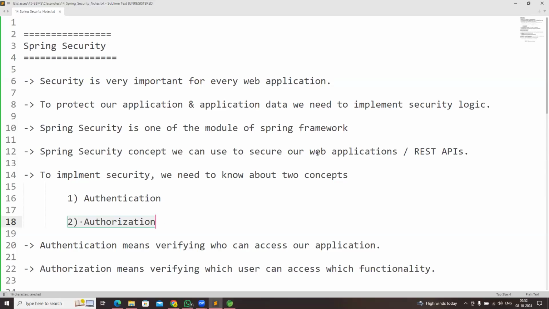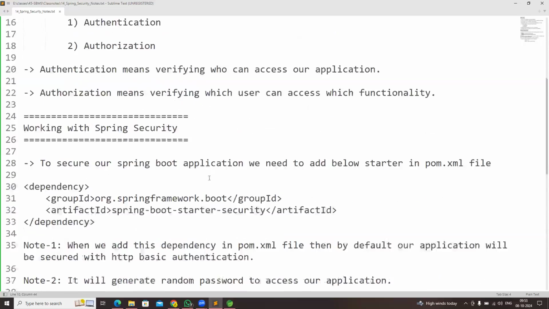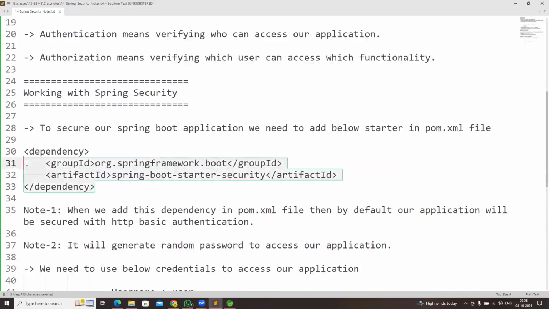So this can be used for both web applications as well as for REST APIs also. This Spring Security is one of the most famous modules available in the Spring framework. Now, how to add this Spring Security for our applications? There is a dependency available. When you add this dependency in the pom.xml,